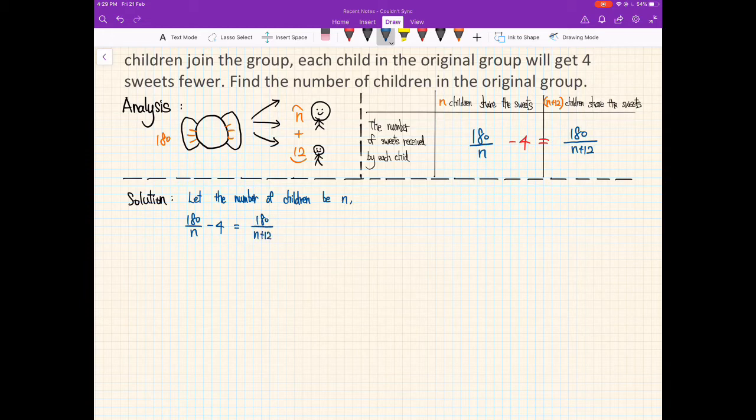This is a fractional equation. How do we solve a fractional equation? We multiply the common denominator on both sides. We have denominators n and n plus 12, so the common denominator will be n times n plus 12. Then we will get